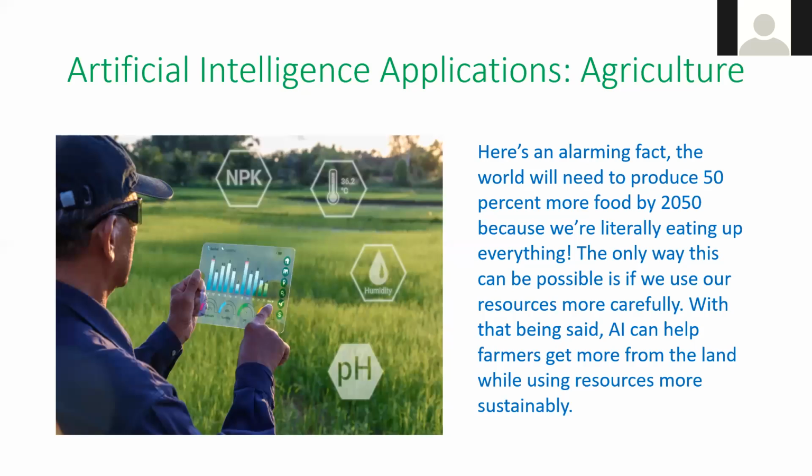So organizations are using automation and robotics to help farmers find more efficient ways to protect their crops from weeds. Blue River Technology has developed a robot called